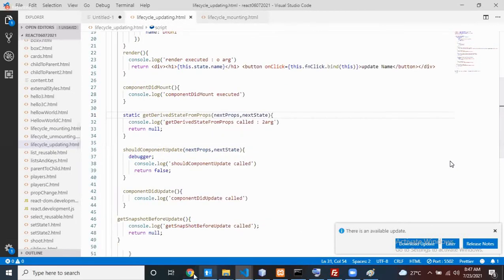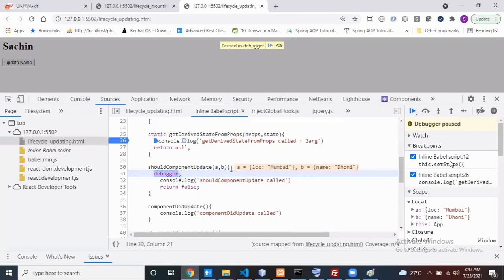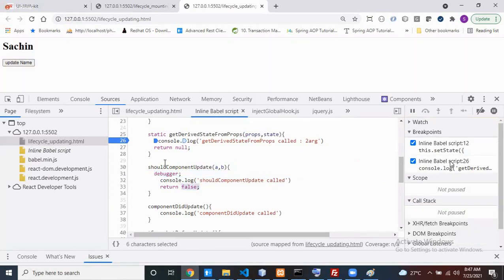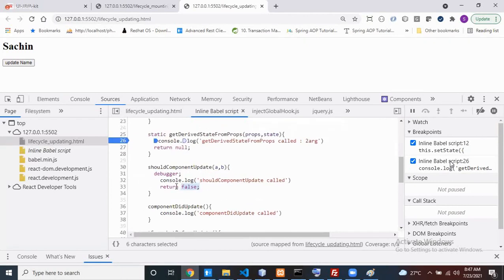Now, once you get shouldComponentUpdate, if you have some work inside it, yes, you can do it. After that, you can change, and you can return some value. See this, you can return some value. If the return is false, then it does not go to the next level, which is render, then getSnapshotBeforeUpdate, and the next one is